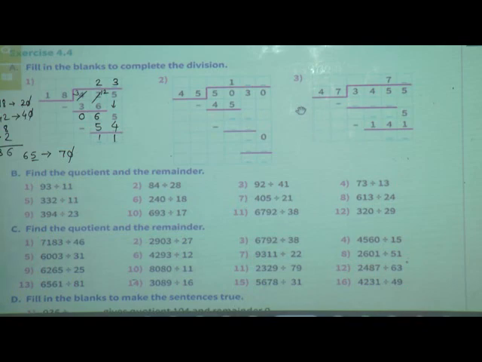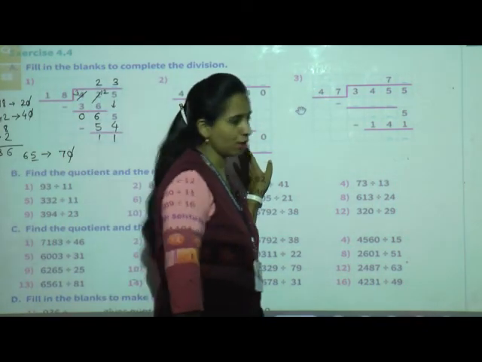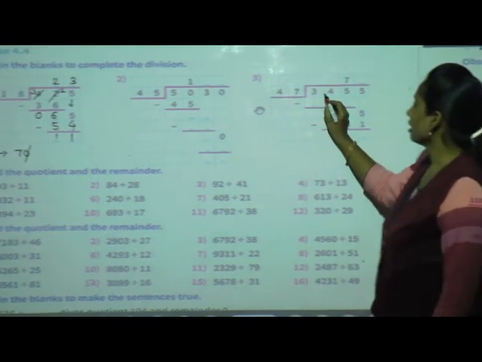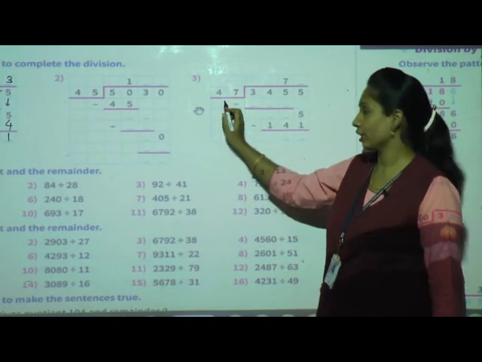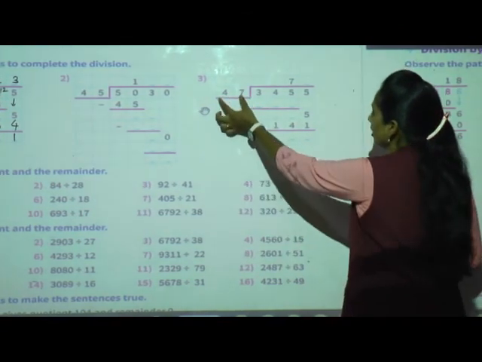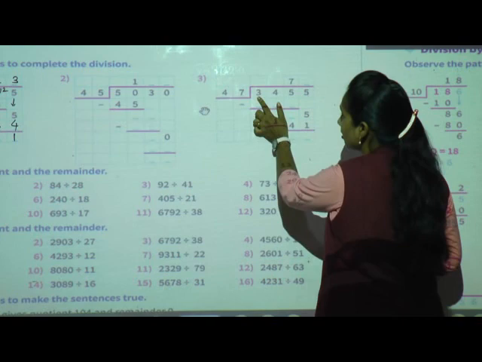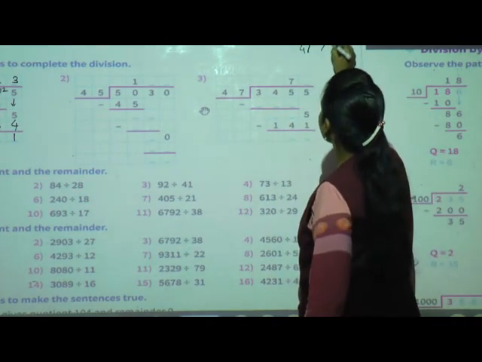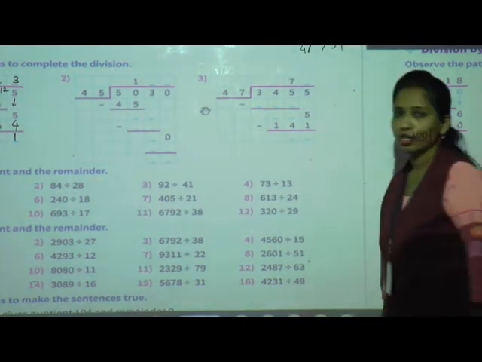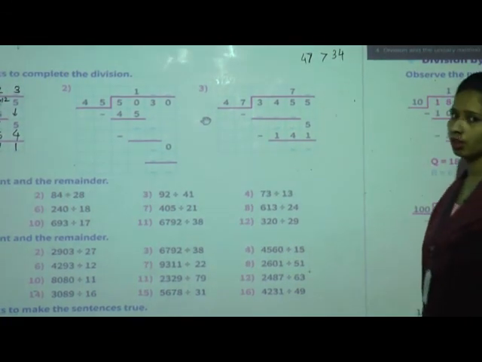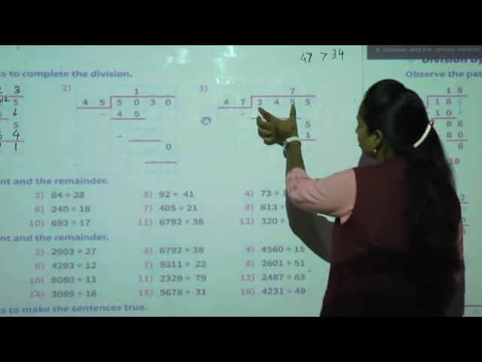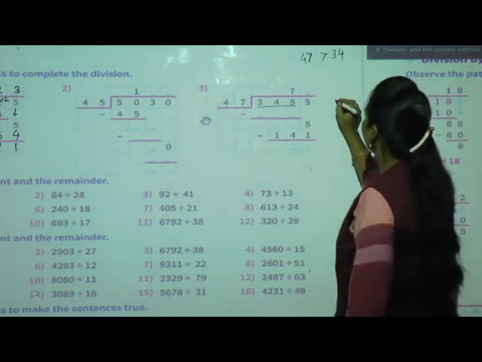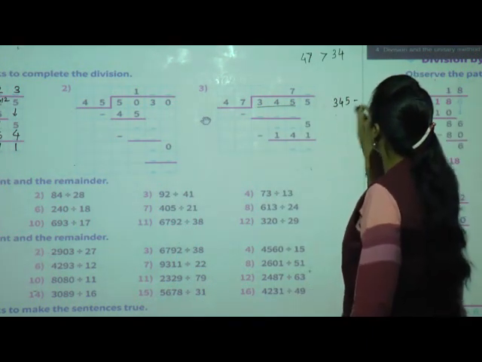Now I will take the third one for you. Okay, the second one you solve on your own. Now I will explain the third one. What is the third one? 3455 divided by 47, isn't it? Now 2 digits, so start with 2 digits. Now what is there? 34. See, which is greater? 47 is greater than 34, isn't it? So it doesn't go. Okay, so what do we have to do in that case? Go with 3 digits. That is 345. Now what will we do? We will find the estimate number of both the numbers.